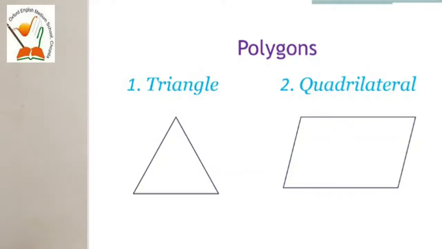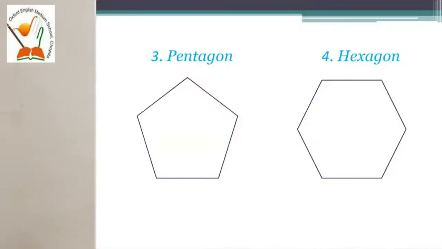We have learned about polygons of 3 sides and 4 sides. The polygon having 3 sides, we call that polygon a triangle, and the polygon having 4 sides, we call that polygon a quadrilateral. We know that very well. So let us study more polygons. A polygon having 5 sides is called a pentagon. This pentagon has 5 vertices, 5 sides and 5 angles.